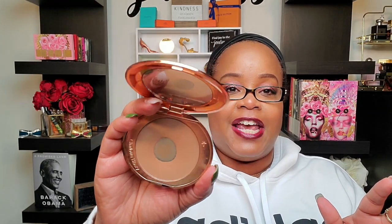Also, what's in my everyday drawer, my everyday powder, is the Charlotte Tilbury airbrush finish powder. This is in 3 dark. Now it's not called 3 dark. I think it's just called 3 something else because it's a 4th shade. But you can see I hit pan on this. I use this. I used it today. I use this quite often. That's why it looks like this. And then underneath my eye, I use 2 medium, which I also hit pan on. This is one of my favorite